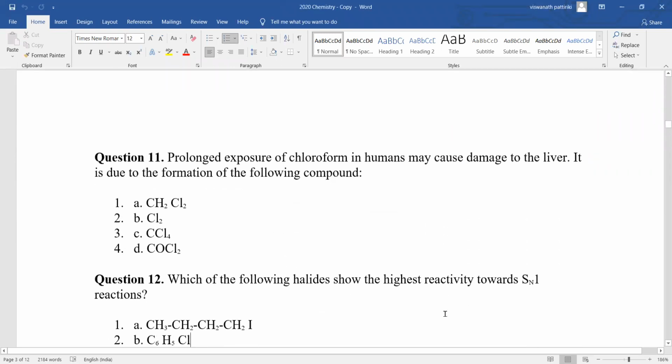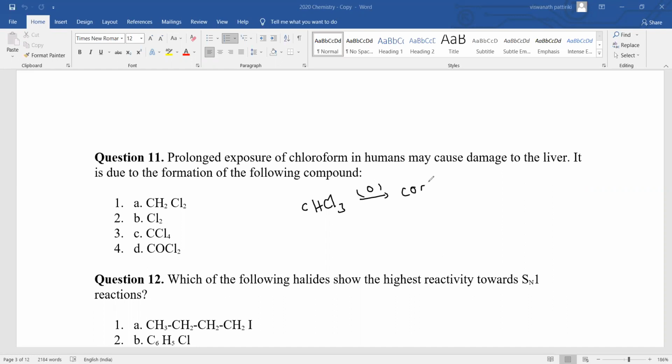And prolonged exposure to chloroform in humans may cause damage to the liver. So it is due to the formation of what? This is nothing but phosgene. Chloroform on oxidation gives COCl2. And the next question is,